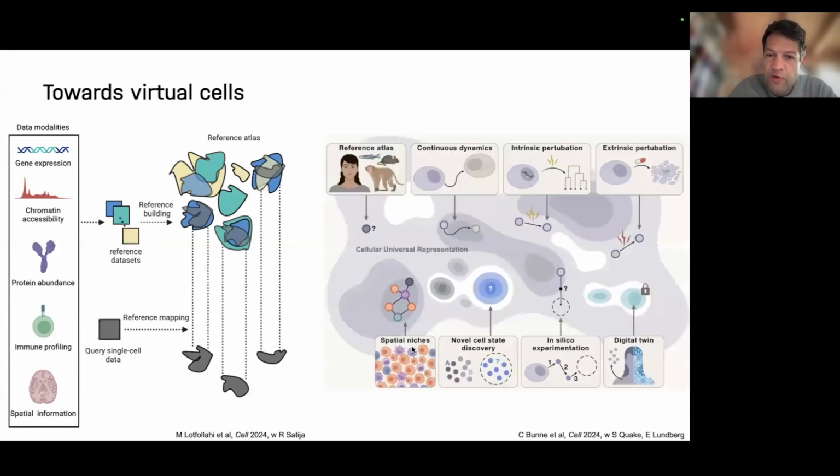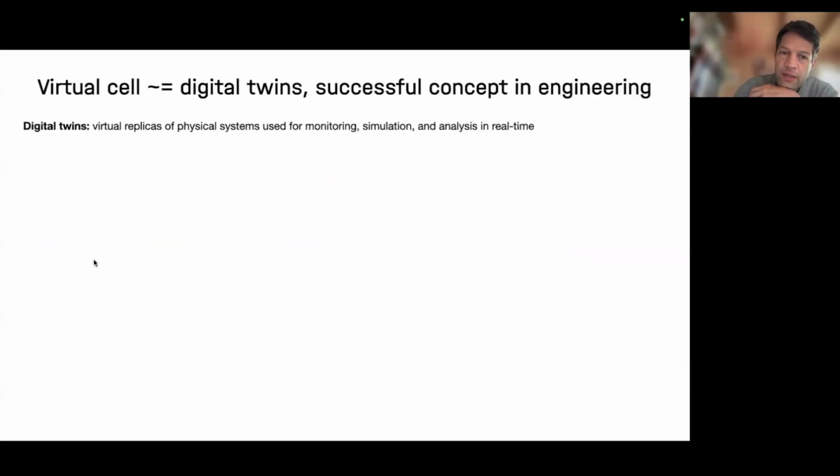But you could push this even further, going beyond references. This is a big review we did, a community effort led by Stephen and Emma, where you don't only do a reference, but you might even learn the latent space dynamics. You might learn the effect of perturbations and so on. So one foundation model could be built that factors into all of these downstream tasks. Typical type of question, right? This virtual cell is this digital twin concept. It's like an old thing, right? So we've been thinking about how we can do this.